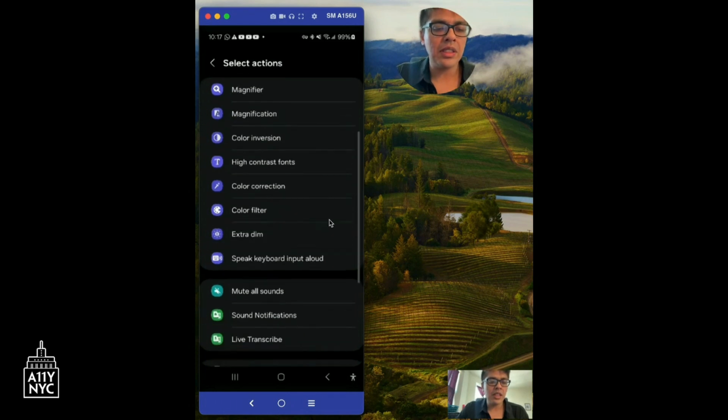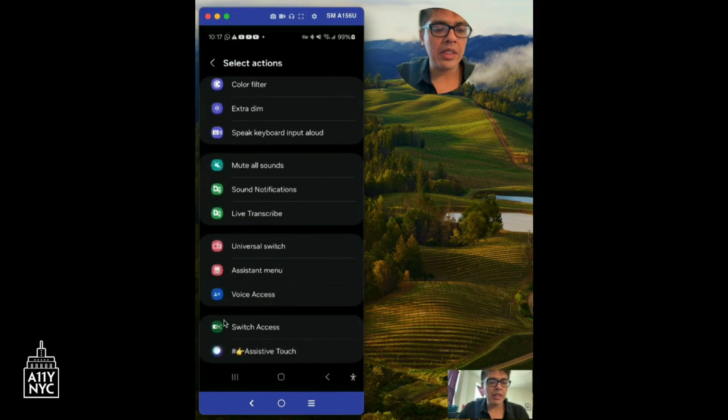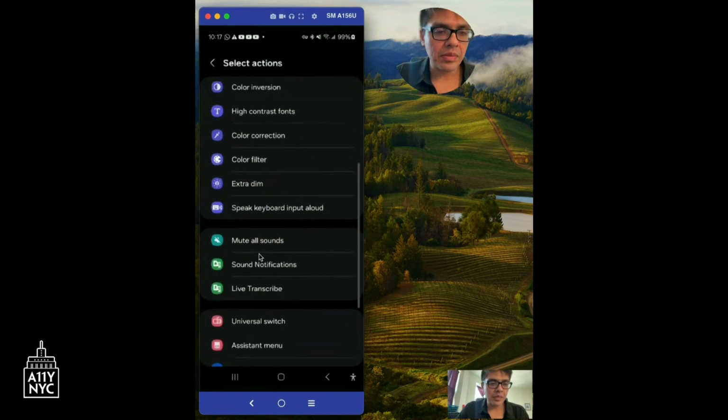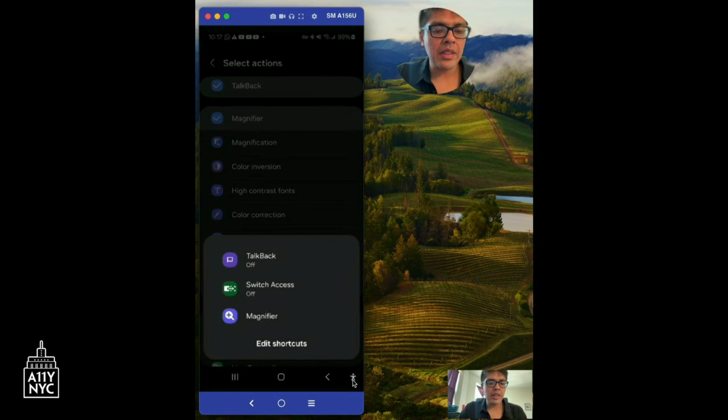This is on Samsung devices, at least this one, and I believe it's on several other devices as well. Then I'm going to allow switch access. And finally, just for quick demonstration purposes, I'm going to allow magnifier here. Okay, so now if I click this button here, you can see that my shortcuts appear.